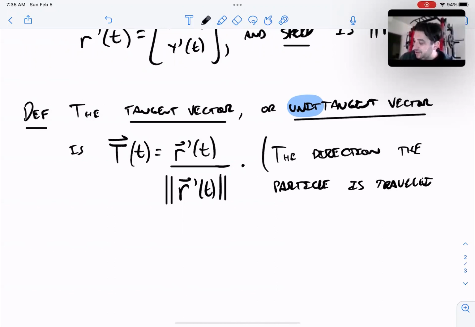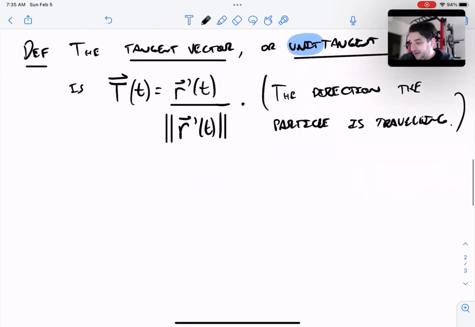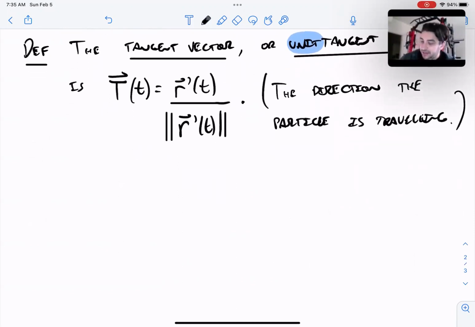Right, without worrying about how quickly, right? It's just showing you the direction. So I think a good example of this is if you look at the